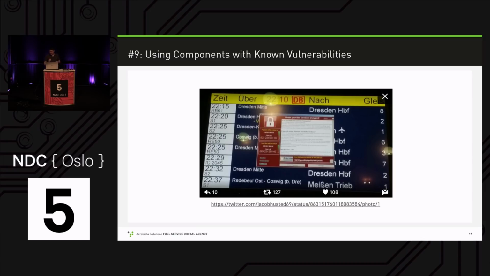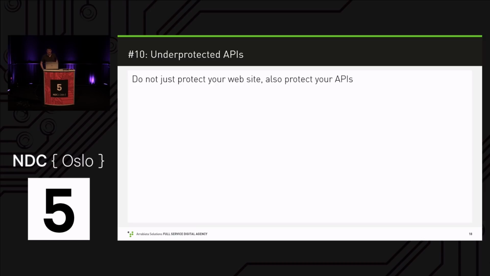And, well, almost finally, number 10, underprotected APIs. English is not my first language, or not even my second language, but underprotected, I've never heard this. But what this is saying is that nowadays we have a lot of APIs that provide the functionality for applications, especially with single-page applications. These APIs need to be protected as well. If those APIs write to a database, then SQL injection might still be a thing.